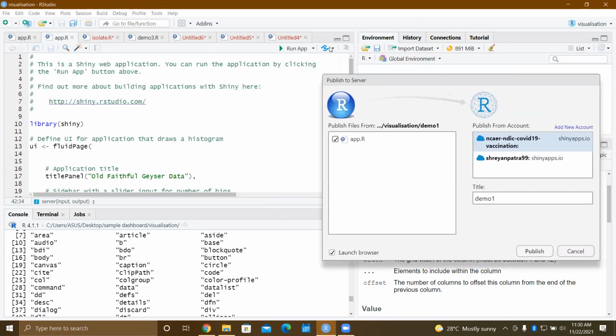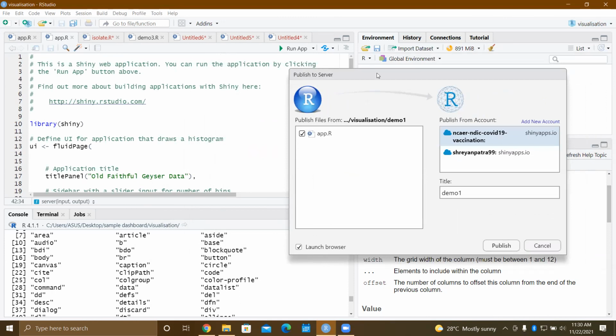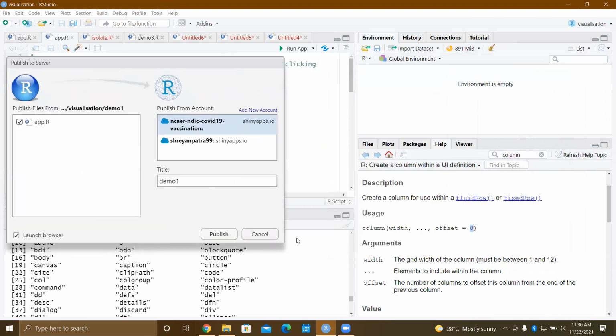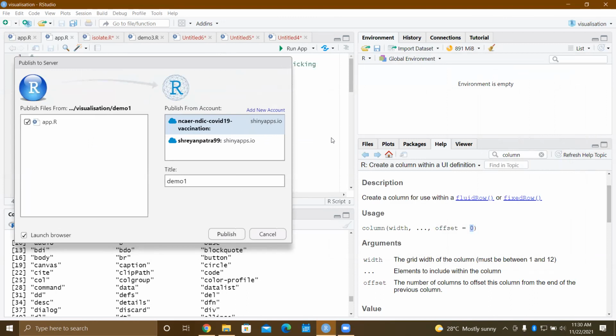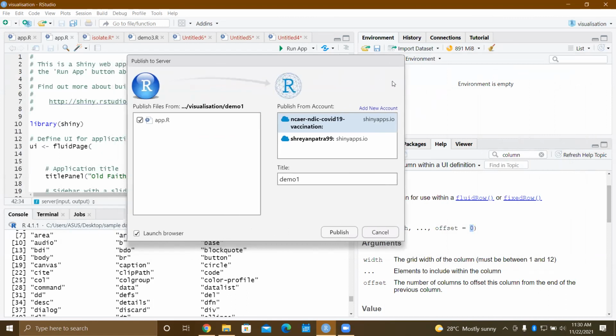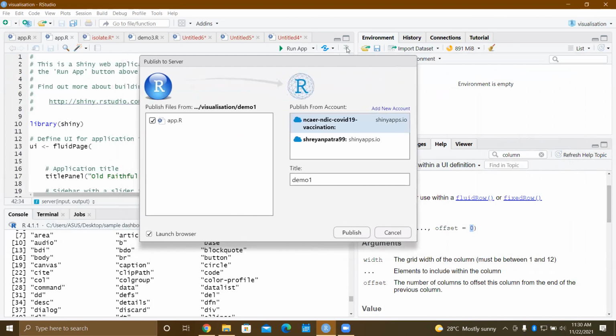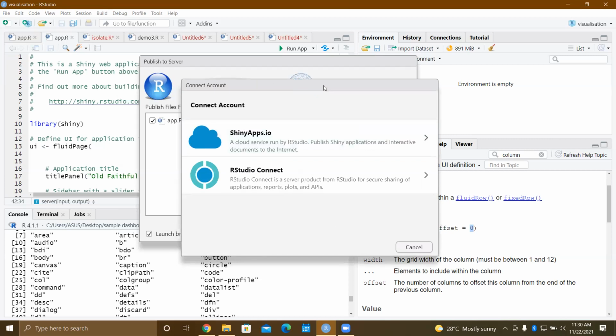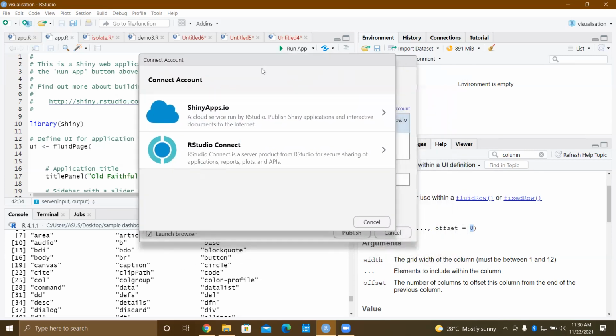Other people, what option are you getting when you are clicking on this publish application? Is it coming?